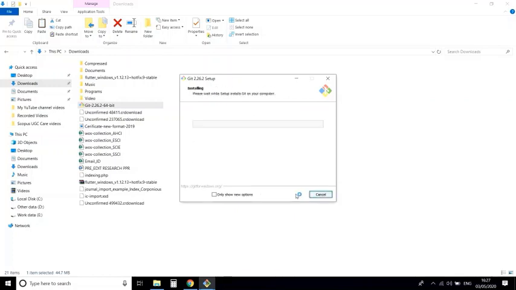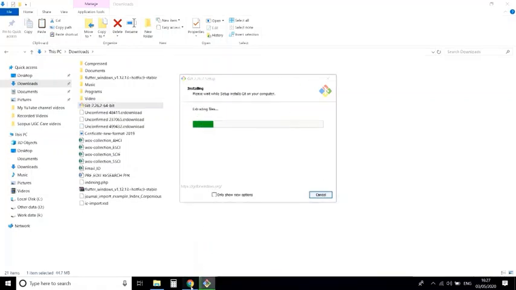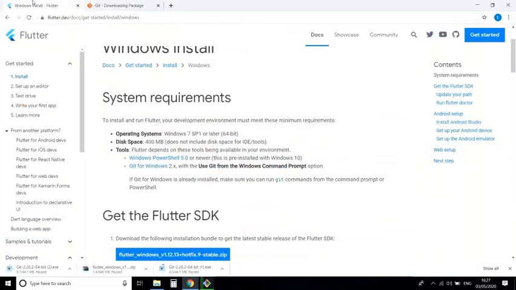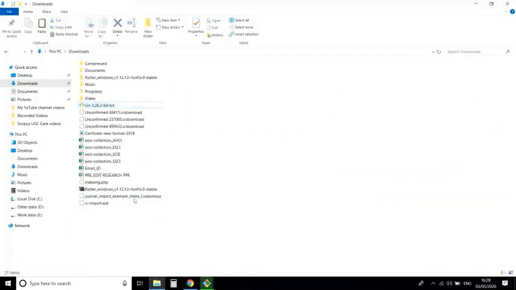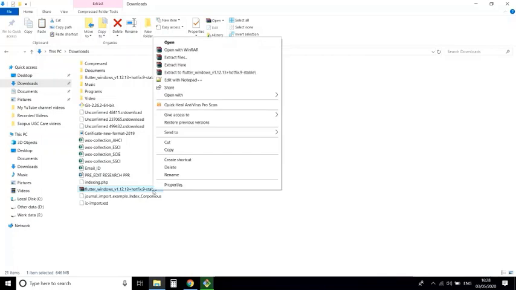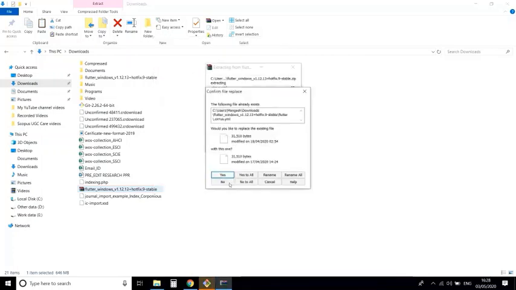Here, click on this Flutter SDK. It is around 646 MB. This zip folder, I already downloaded it here. Now click on this and unzip this folder. So it will start unzipping. After unzipping, its size is around 1.5 GB. So Git setup is completed.